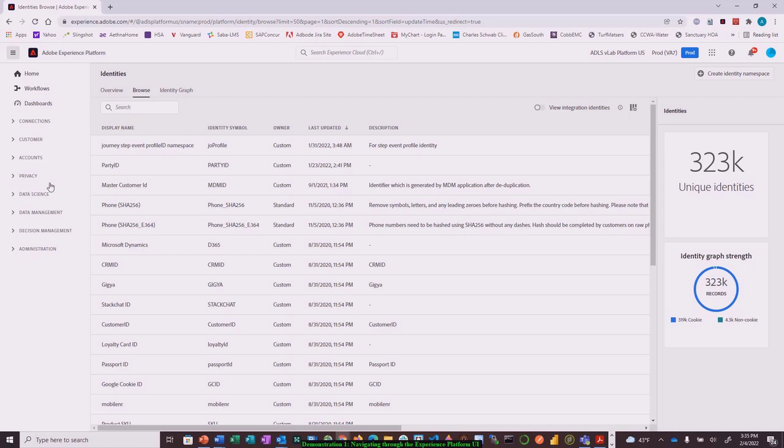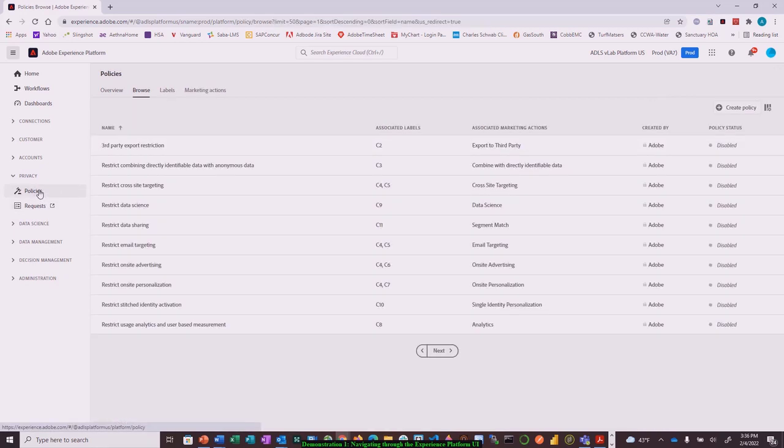We did also talk about privacy services. And when you click on the privacy workspace, you will find that you have the ability to look at all the policies, which also map to the associated labels for data usage labeling and enforcement, defining the type of marketing actions that you can perform. And we'll come back to this later on. There are out-of-the-box ones that you can see. Anything created by Adobe means it's out of the box. Anything custom that you need to create, you can also create if you have the permission to do so. We will return to the data governance later on, but this is where you find those